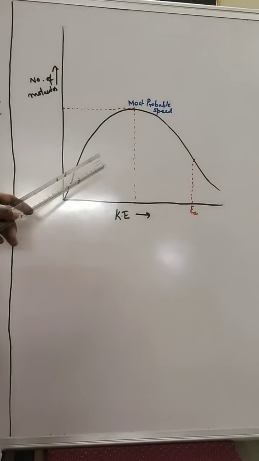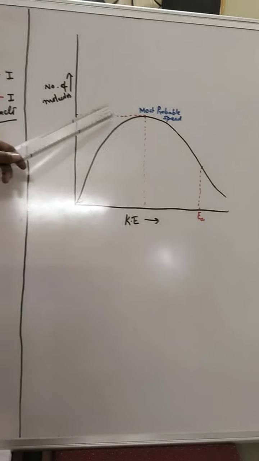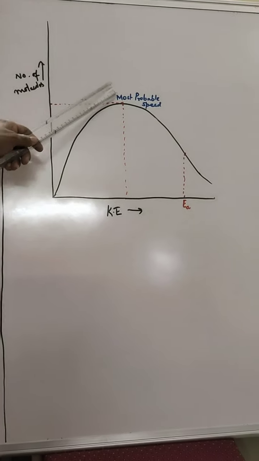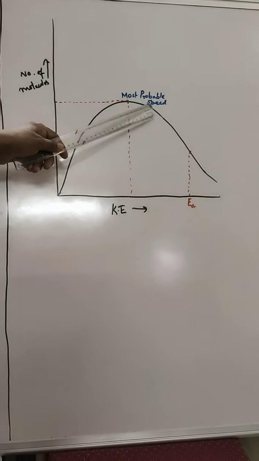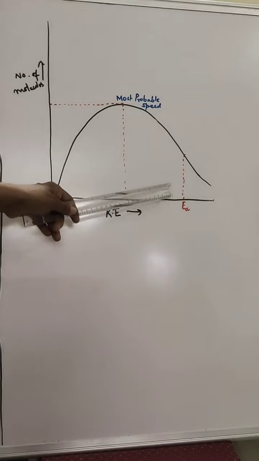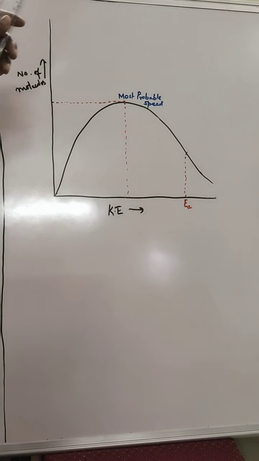So now compare it with the number of molecules and how the reactants are getting converted into product. Similarly, this is the most probable speed which most of the molecules of the reactants will have. But merely possessing this most probable speed does not mean that all of them will get converted into product. There are certain criteria which need to be fulfilled, and only then will the reactant get converted into product, right? So the molecules which have more than the most probable speed have greater activation energy and they will only get converted into the product, right?